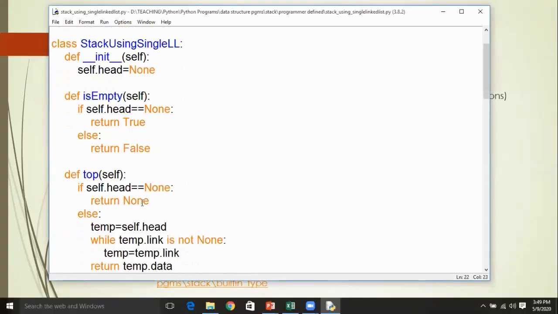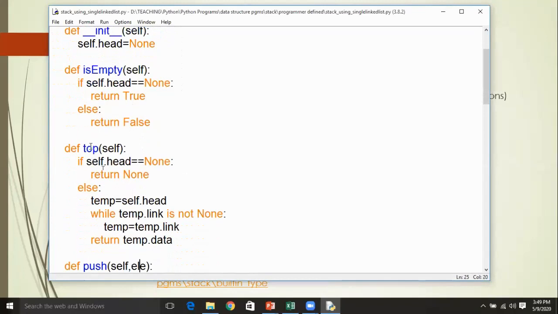Now top of the stack. In order to return top of the stack, first you have to check whether the head is none. If the head is none, you are going to return none, so that means there are no elements in the stack. Else, that means head has some address.